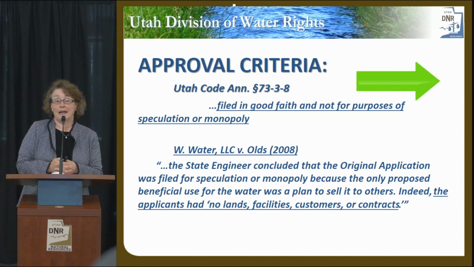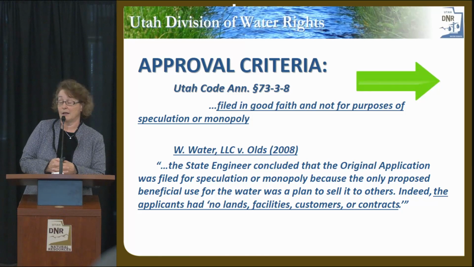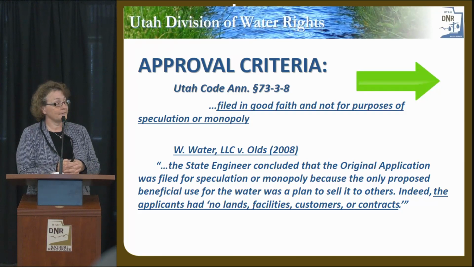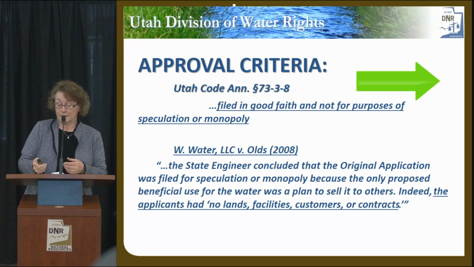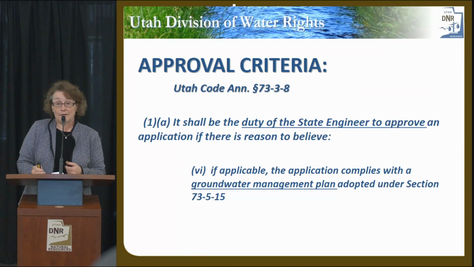Indeed, the applicants had no lands, facilities, customers, or contracts. So that was a good definition of speculation or monopoly there. So the 6 criteria that we look at under that section of code,